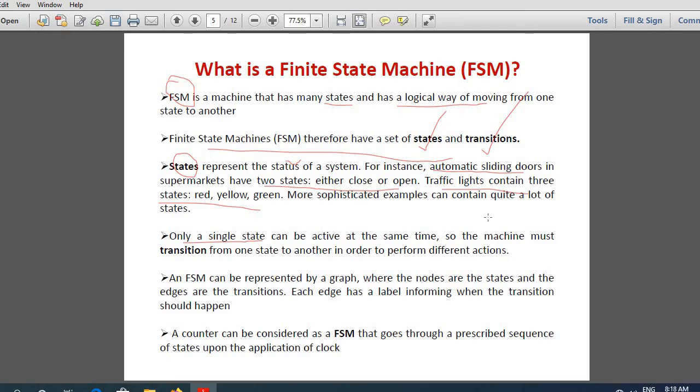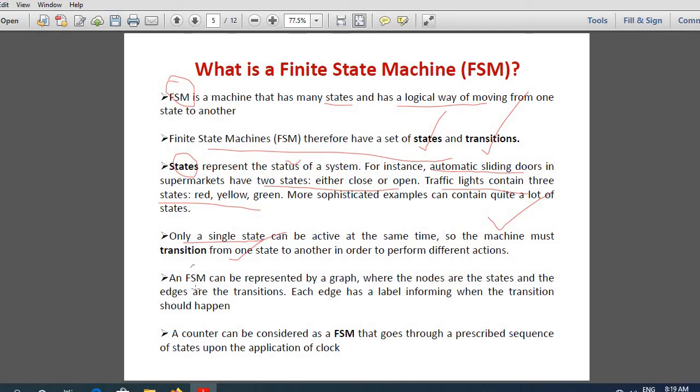So for the machine to move from one state to another, some inputs or some techniques have to be used. Or the design should be in such a way that, based on some mechanisms, it moves from one state to another.